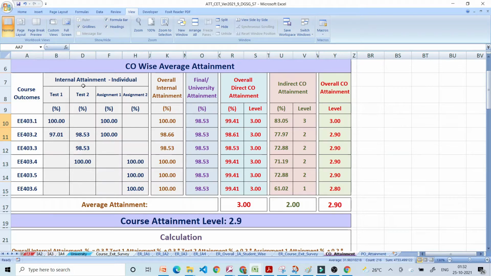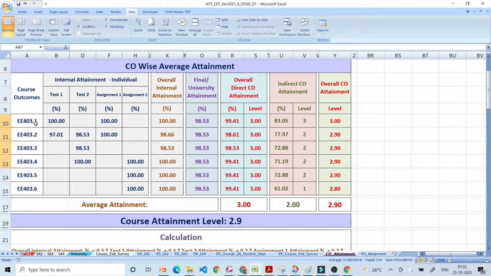In case of direct internal attainment, for test 1, we can see that 100% of students have attained the set target for CO1. Similarly, 97.01% students have attained the set target for CO2. Similarly, for test 2, assignment 1 and assignment 2.